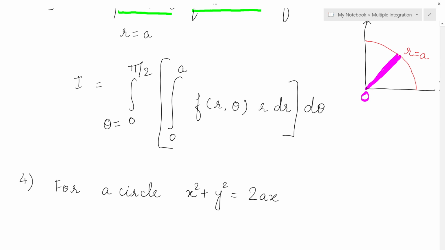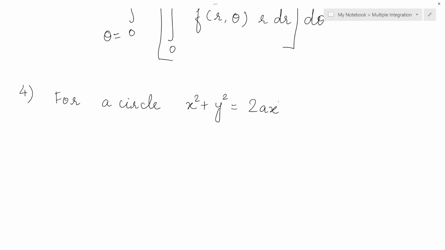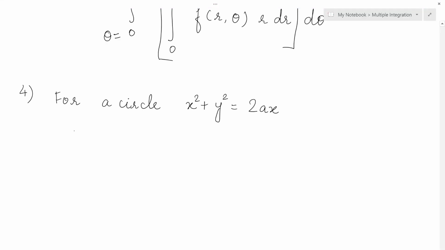Right? So now in this circle, in the starting of the second lecture, I made you draw this circle. You know how this circle is, right? If you don't remember, you can go back to that video and check the standard curves. In that we have seen this circle. So now let us see what is the polar form of this circle. This is your Cartesian form. So how do you see the polar form? Substitute x is equal to r cos theta and y is equal to r sin theta in this Cartesian form, and just check what you get.